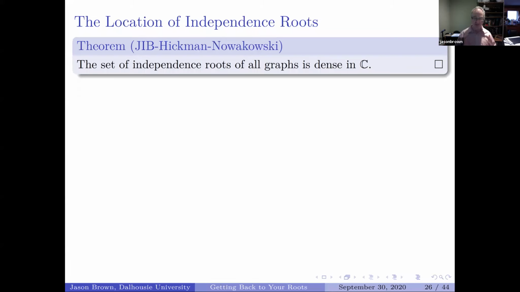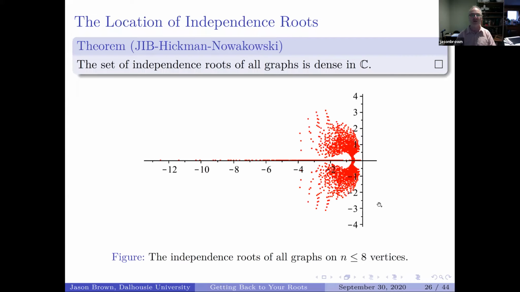Now think about this from my initial picture that I had before. Remember, all the roots happen to be in the left half plane. We couldn't find a single root in the right half plane for graphs up to order 9, but that is an anomaly of only looking at small graphs of order at most 9. And it's like this law of small numbers that there are many coincidences when you only look at small numbers. And the coincidence there was that the roots were only in the left half plane. In fact, we could prove that the roots were dense in C.